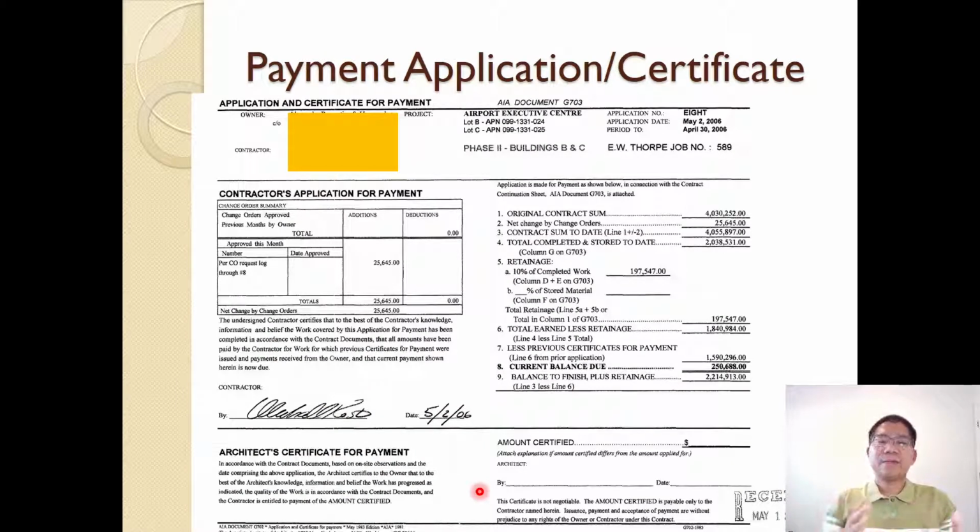And every month you can apply for the payment and get a certificate. In this case, they follow the AIA form, the American Institute of Architects form, and with that the amount of work, then the change order. Contract sum today, due to the change order, 4 million, total complete and stored to date 2 million, total earned less retainer,